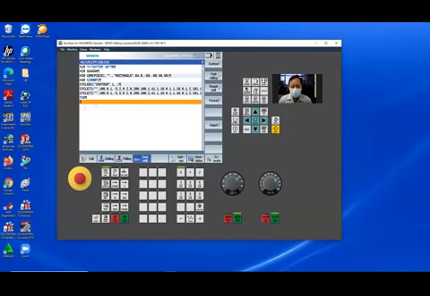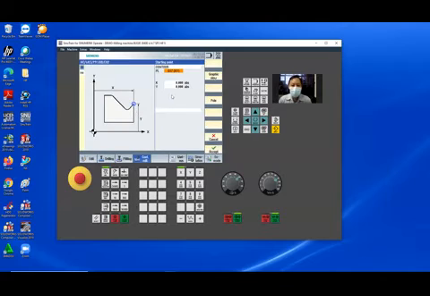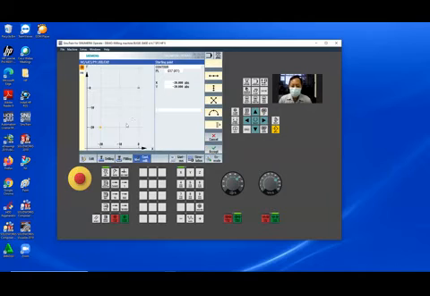In here, you select contour, and new contour, and give the name exactly the same as the previous one you did. This starts at X20, Y minus 20. Okay, accept.